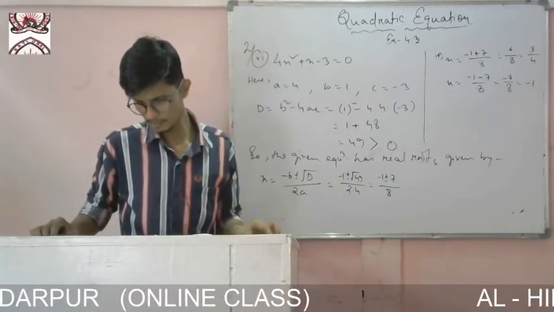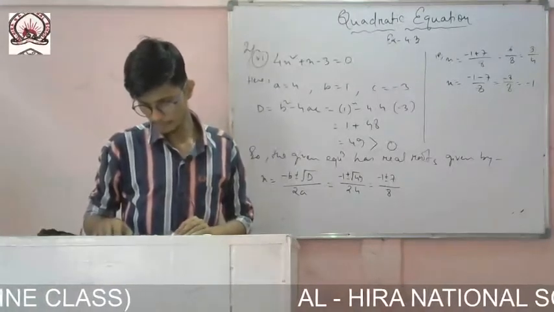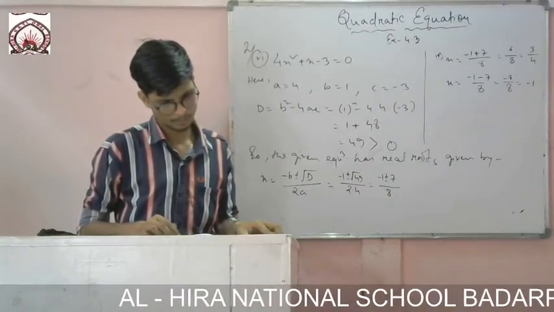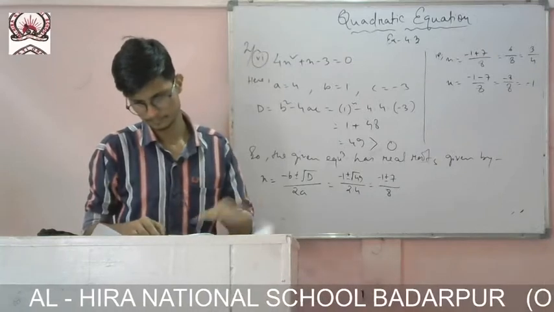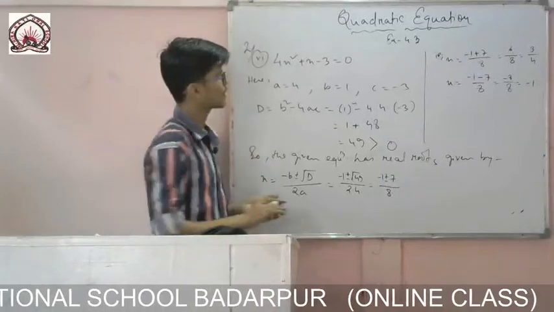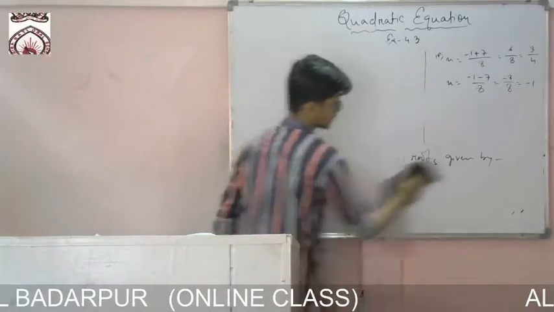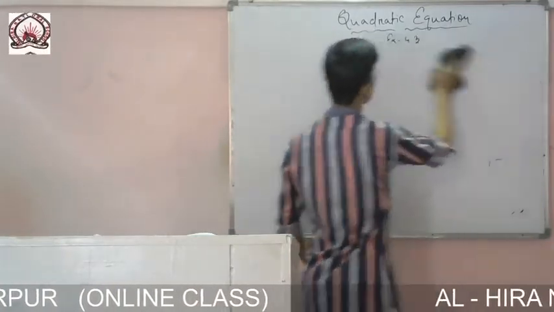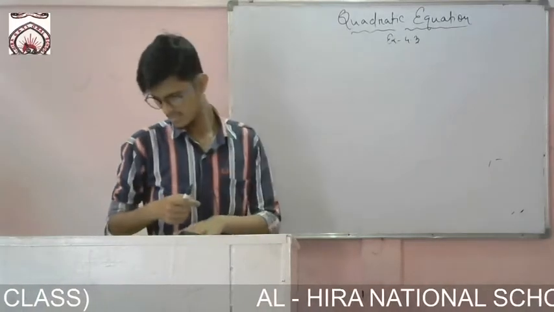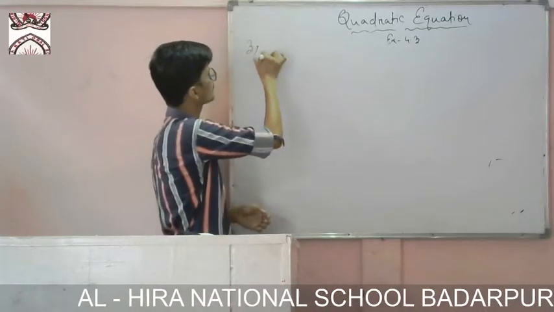So question number 3, it is given x minus 1 by x equals to 3, x not equals to 0. Okay, let me find. There is nothing difficult in that, just we will use this formula and the question is to find the root. So actually it's up to you. Whatever you want you can use, whether completing square method or the factorization, but since this chapter is about this one and this method is also used, so let me find using this one.